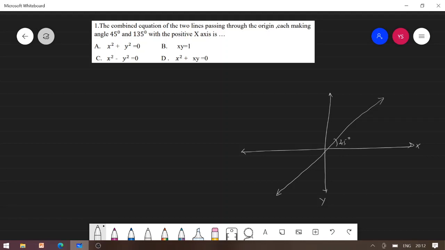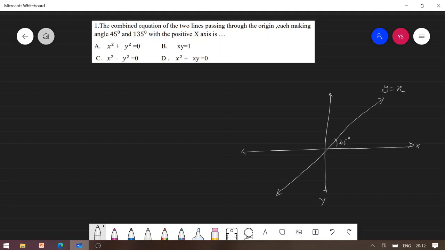So whose equation is given by, as the line is passing through the origin, its constant term c becomes 0. So we have y equals mx, where m is the slope, which is given by tan of 45 degrees as 1. That means we have y equals x as the equation of the line.